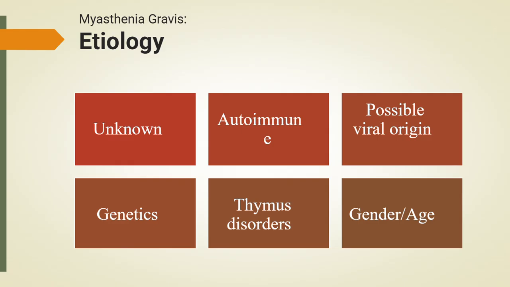There is also evidence that viral infections may trigger autoimmune activity in individuals who are already genetically predisposed. These infections may activate the immune system in a way that causes immune cells to mistakenly target acetylcholine receptors. Overall, myasthenia gravis likely results from a combination of immune, genetic, hormonal, and environmental factors rather than any single cause. Understanding these influences helps nurses educate patients, anticipate age-related patterns of onset, and support those who may be newly diagnosed or experiencing symptom progression.